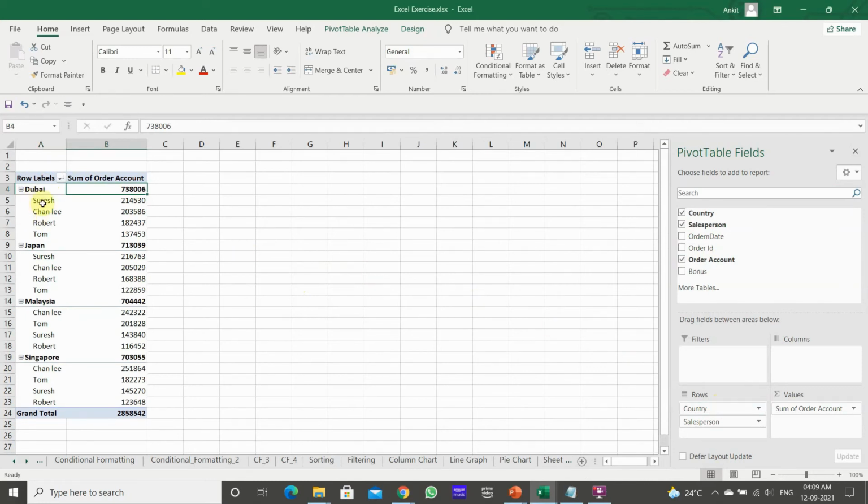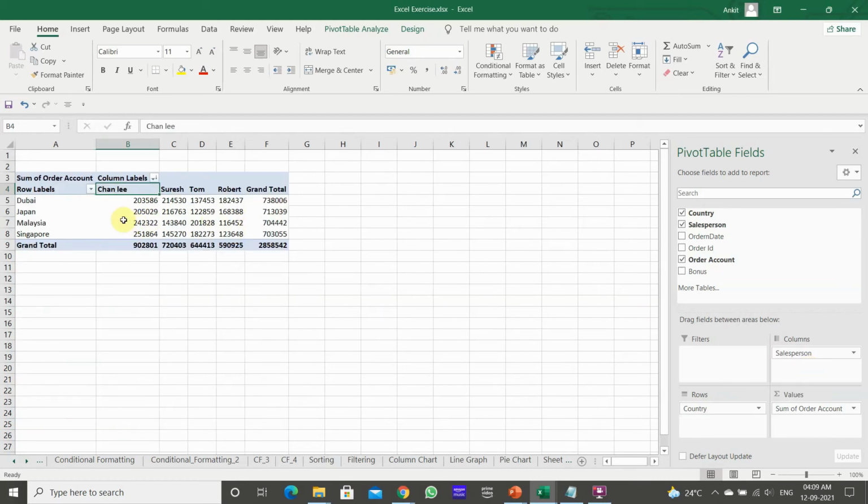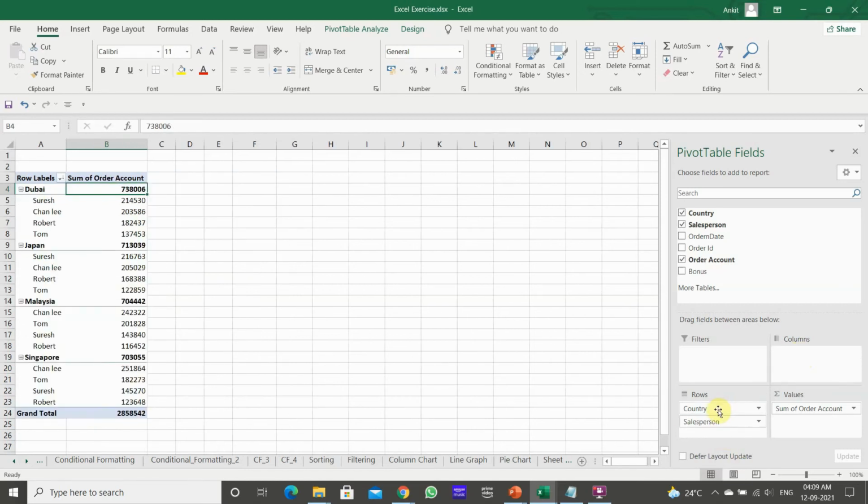Country wise, for Dubai, Suresh is the top salesperson. Japan, Suresh is the top, for Malaysia, Chanley is the top, and Singapore, Chanley is there. Or you can put the salesperson here as well. How much business they have done in each country, you can see it here. This data also is useful.